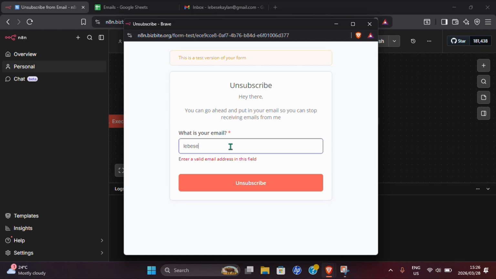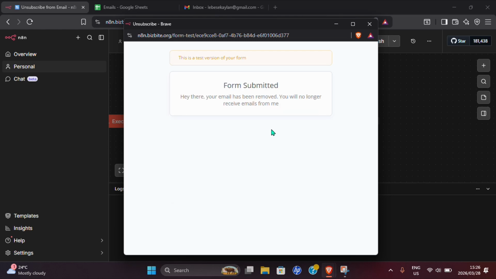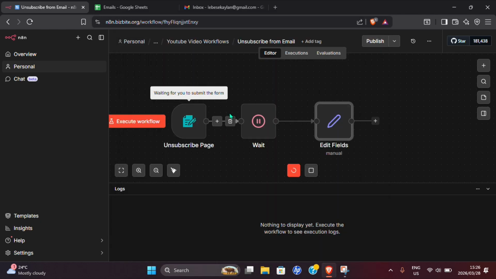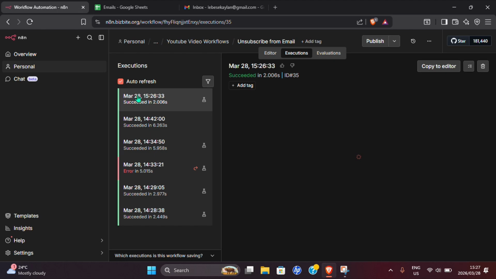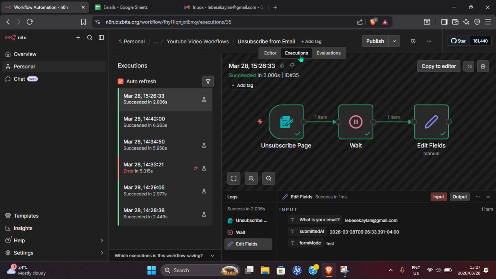Go ahead, type in the email that I already have in there at gmail.com, and click unsubscribe, and then it goes ahead and removes them from the email list. And as you can see there's the end message: Hey there, your email has been removed. You will no longer receive emails from me. Close that. All right, then basically, as you can see, right here at the top, when I clicked the executions,